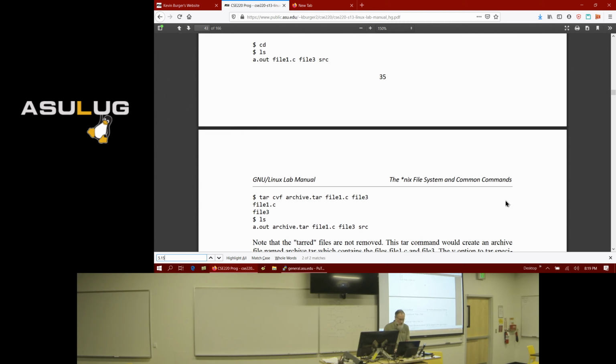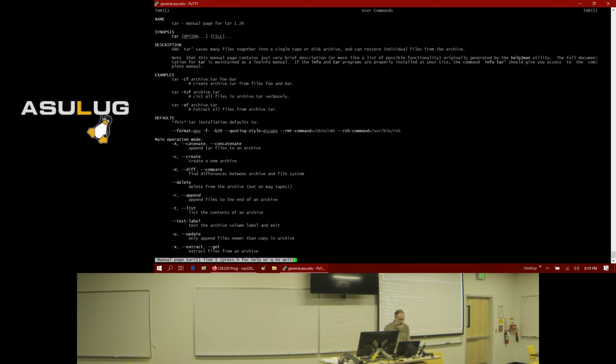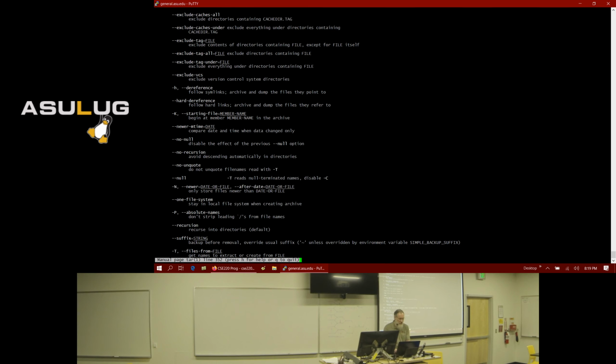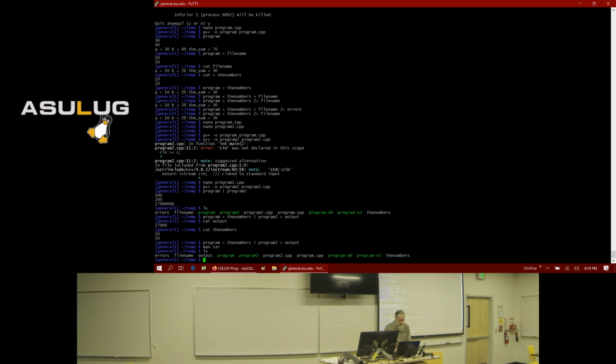It's used for more than that nowadays. tar is kind of a complicated command, so if you do man tar, you can figure out all the details and everything, and it's got 1,000 options. The basic command is, let's suppose I want to create an archive of all of this directory, all of these files.